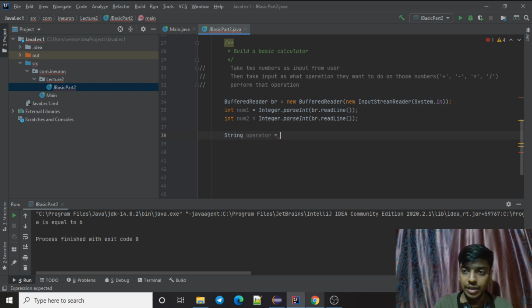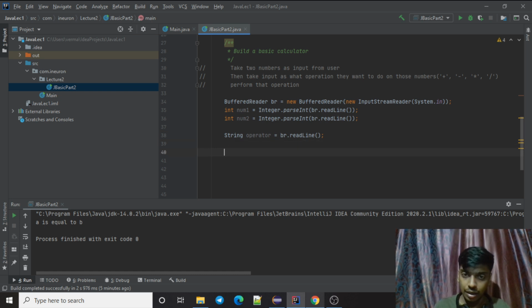I'm taking operator as a string in input. You can take it in a different way also. You should think about that. If you come up with another solution, just let me know. I can show you that also, but I wanted you guys to think about it. So it is already a string, so I don't need to parse it. That will be stored in my operator.